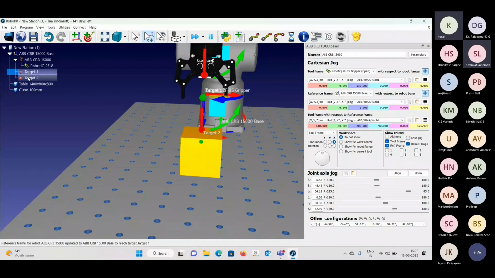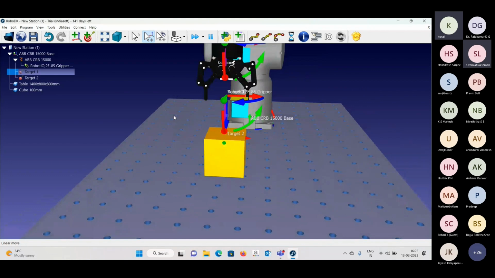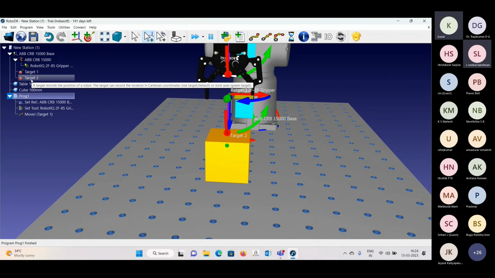Now you can see target 1 and target 2. To create a particular program for picking an object, I need to say create a program. So first program target 1 as a joint move, target 2 I will make a linear move, and after that